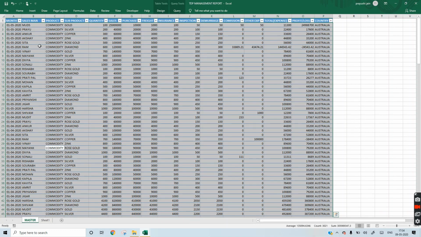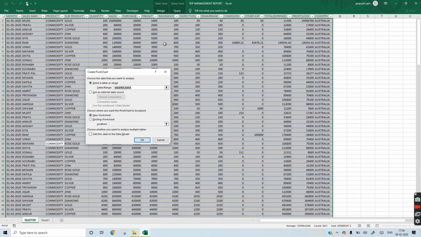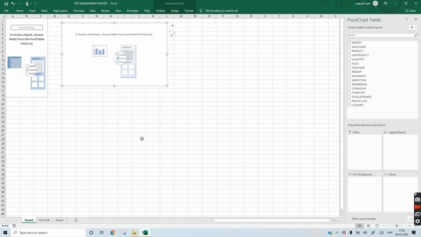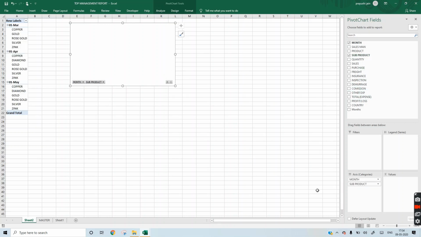Now we will select this data. Insert pivot chart. We'll select the month button, subproduct, and profit numbers.